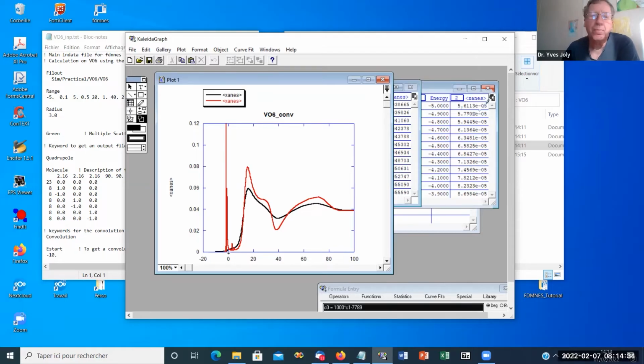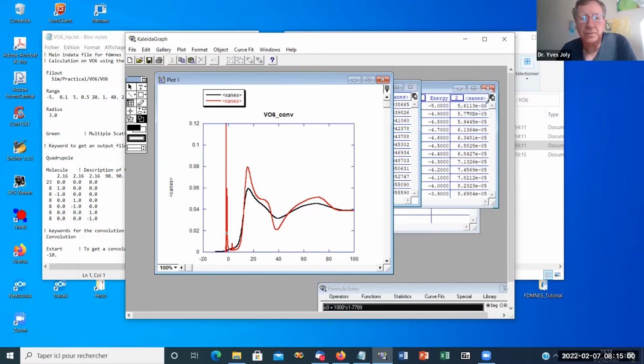So in the first part of the calculation, the code calculates all the transitions without considering, in fact, the Fermi level. So you make transitions also towards occupied states, which is not possible. So the convolution part not only made the convolution, but also put to 0 all the transitions below the Fermi level. So it's why this one disappears